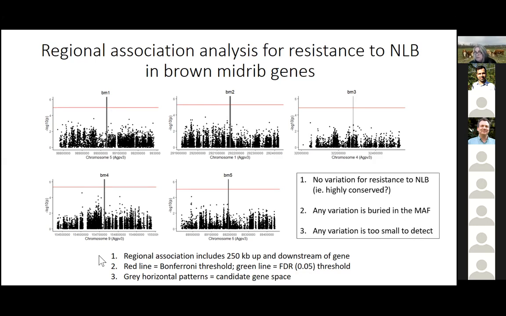Anything that reduces lignin that much has to be susceptible to adaptation, and so that wouldn't be normally selected for. And a lot of these brown midrib mutants are found independently. They spring up in breeding programs, or they're tagged through mutagenesis. So they're not really nicely adapted plants that you'd select for normally, that would survive well, because they have such decreased lignin. So perhaps there's no variation. Perhaps any variation is buried in the minor allele frequency, which is always possible. And it's also possible that any variation is too small to detect.